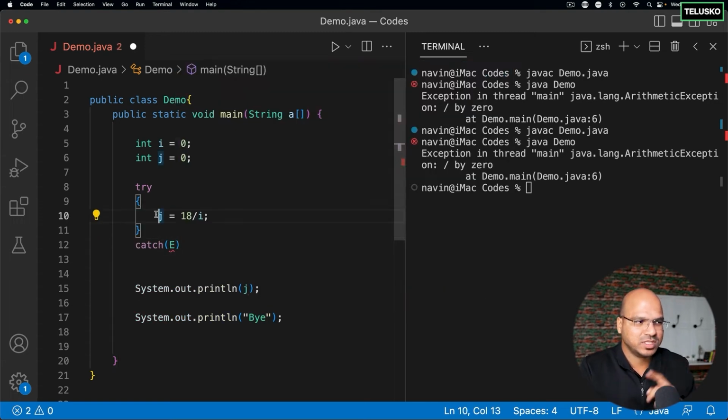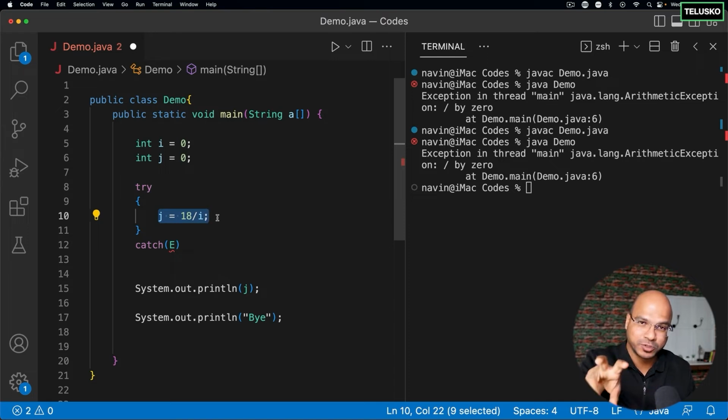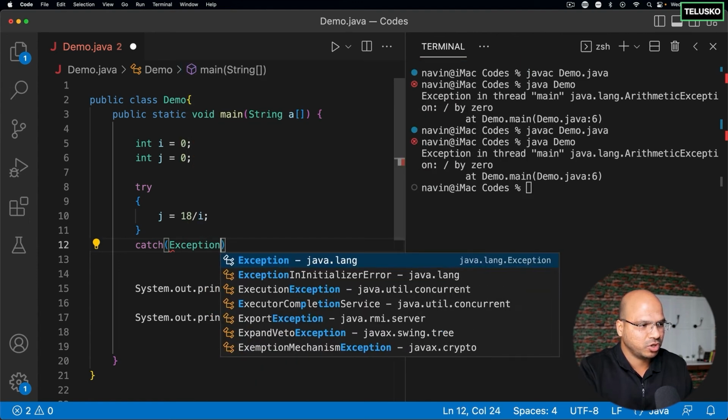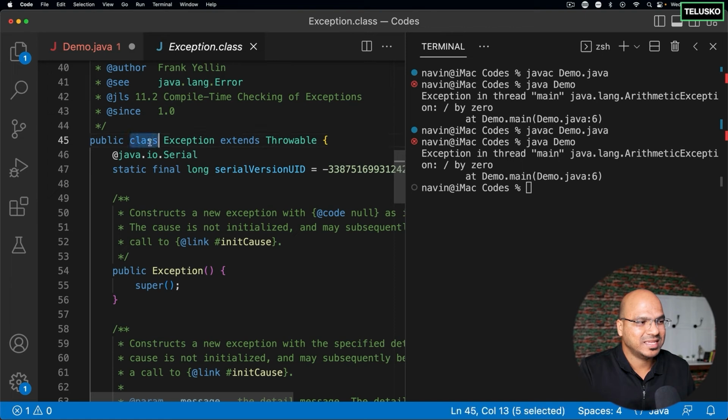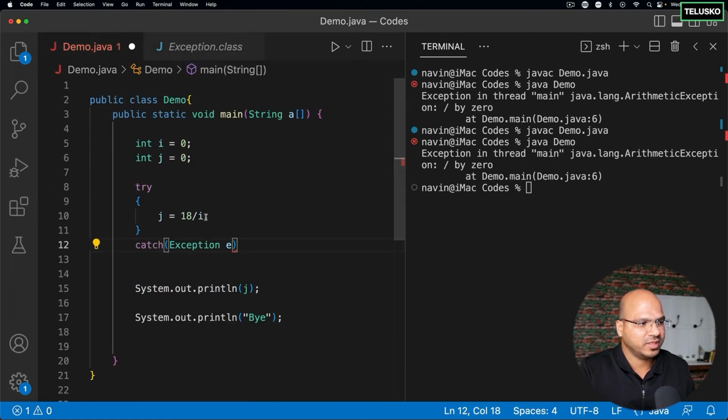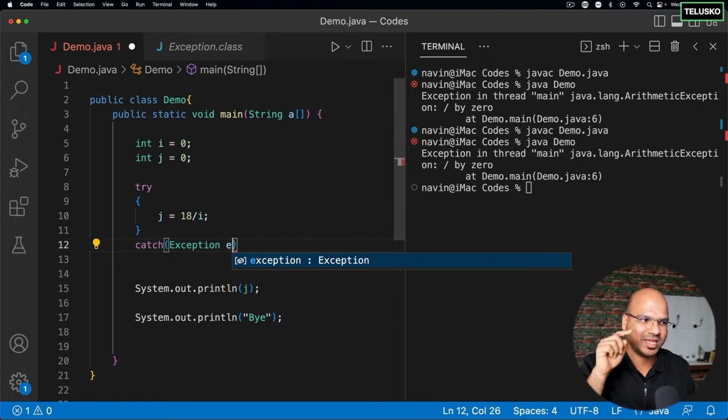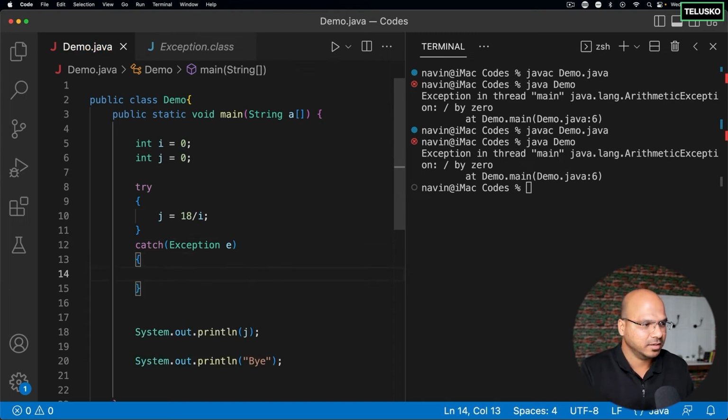The moment it throws the exception, it is throwing you an object and you have to accept it as an object. So you will create an object, or you will refer to that with an exception class. So this exception here is a class, and you are referring to that with any object name. It's not just E, you can say obj as well. But most of the time you will say E because it makes sense, right? Exception E. You can say obj as well, that perfectly works. But let me say E here.